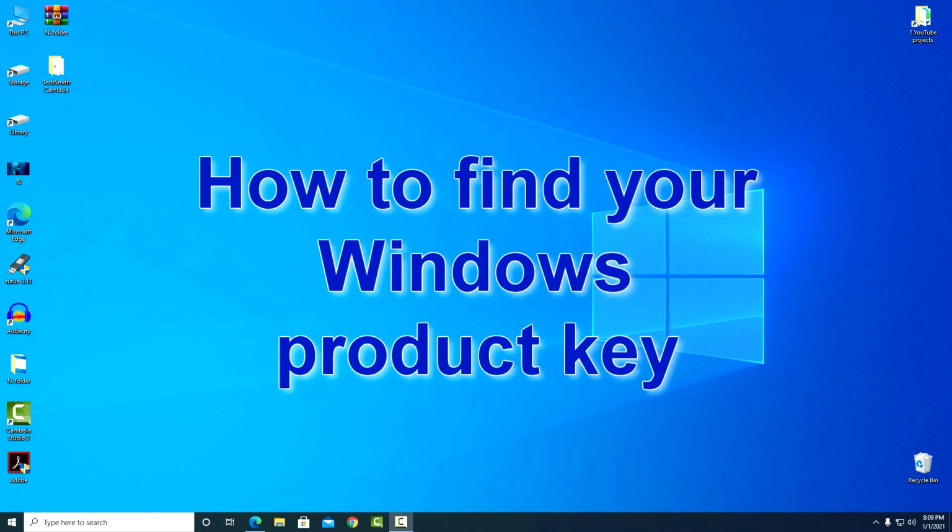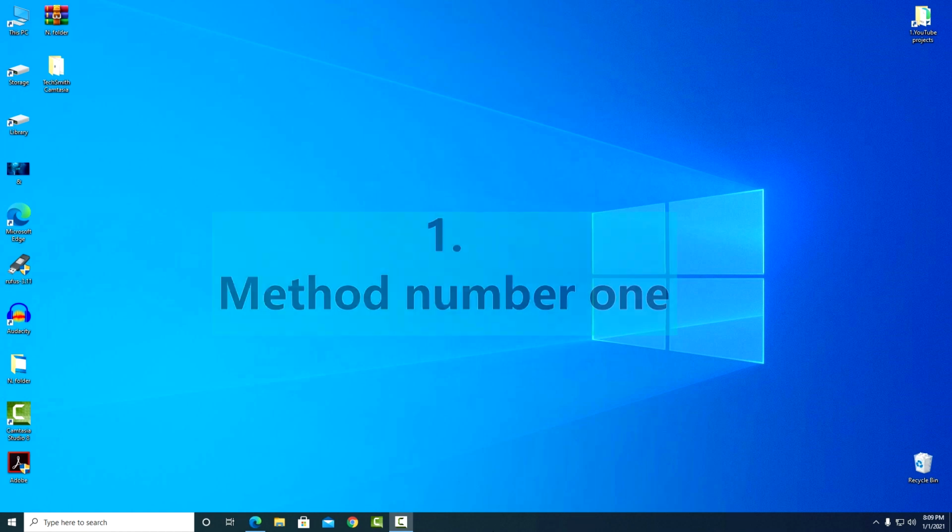Hello. If for some reason you have lost your Windows activation key, today I will show you two of the easiest and most convenient ways to find the keys on your computer or laptop. First, we will do without third-party programs and create a script,